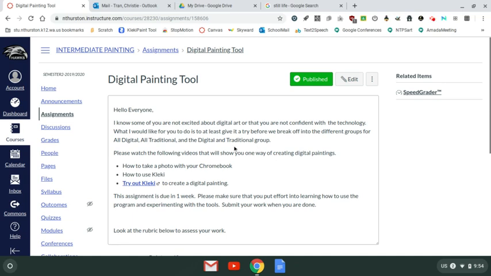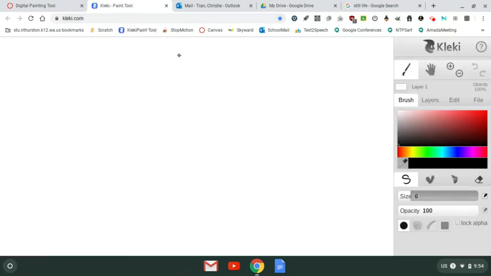So this assignment asks me to try out the Kleki tool. So I'm going to click on that link and it's going to open up a new tab. And this is Kleki. This is an online painting tool and it doesn't have you sign in or anything. So that's pretty cool. What I'm going to do is, besides just kind of messing around with the tools,